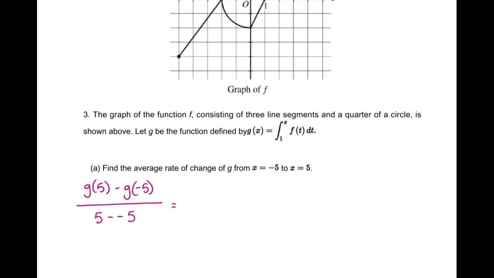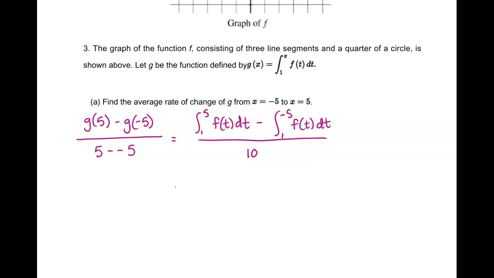So g of 5 is actually the integral from 1 to 5 of f of t dt, and g of -5 is the integral from 1 to -5 of f of t dt. And this will all be divided by 10. Write it one more time. The integral from 1 to 5 of f of t dt